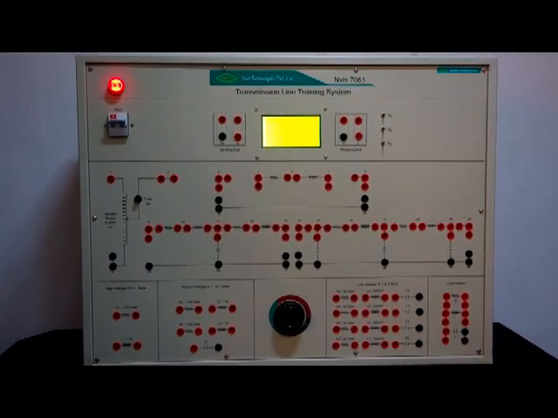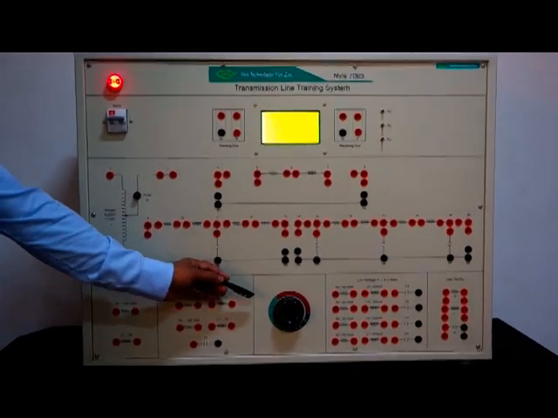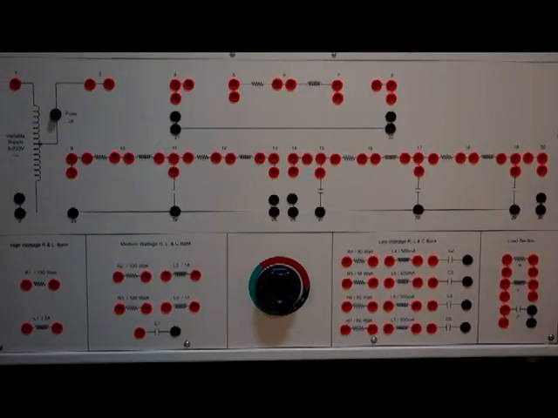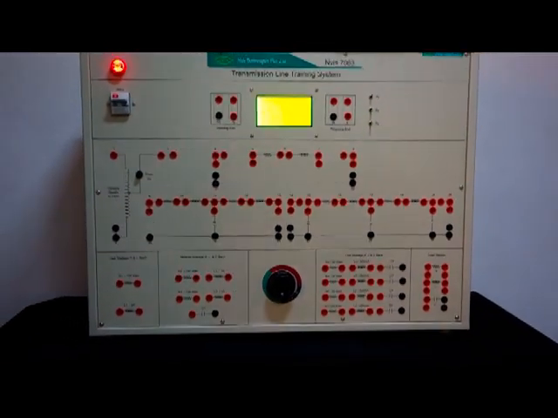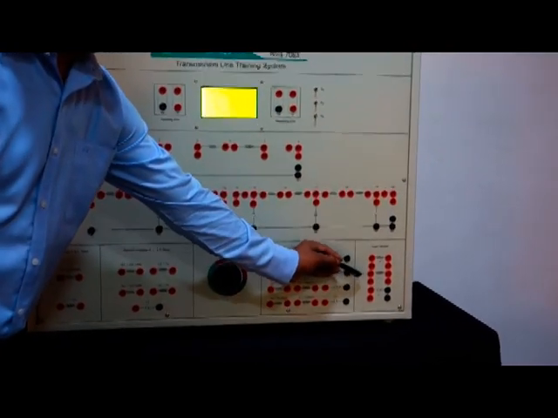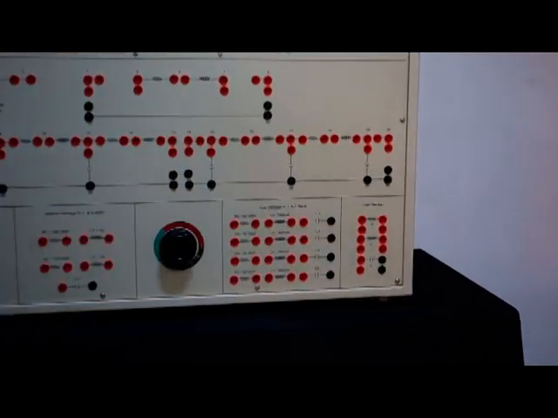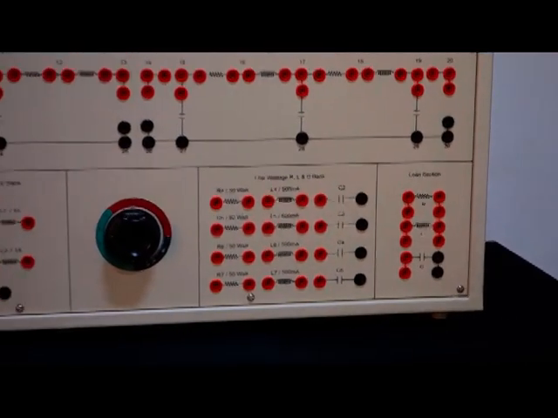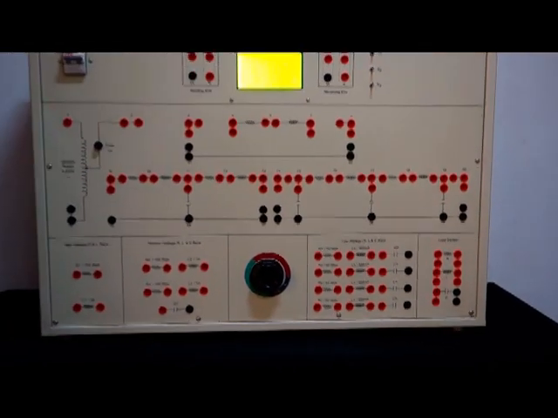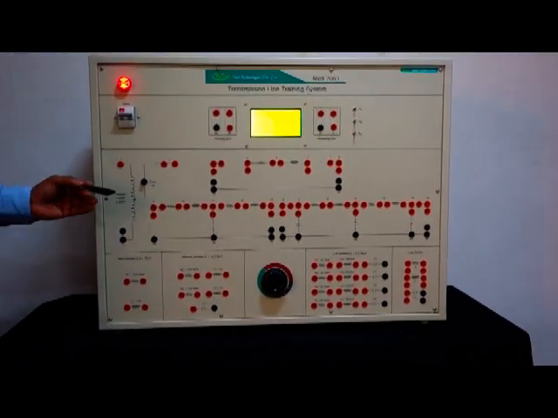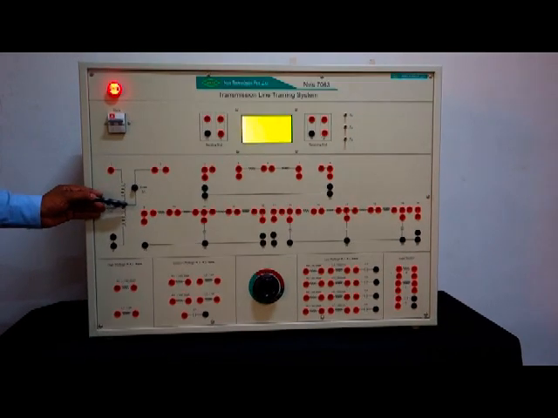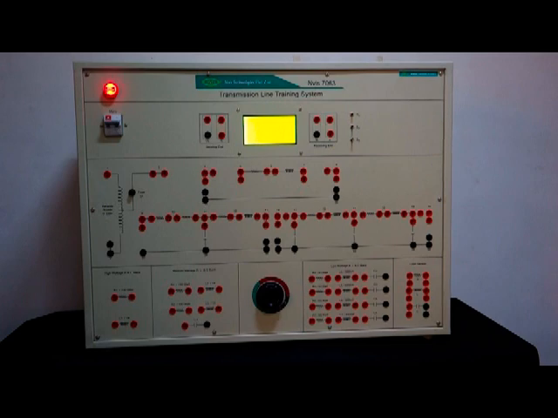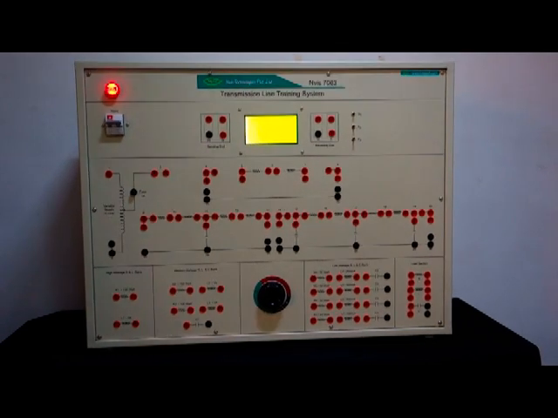Built-in single phase variac to regulate supply. Equipped with fixed R, L and C load. Facility to configure short, medium and long transmission line using multiple values of R, L and C. We also provide online product tutorial.